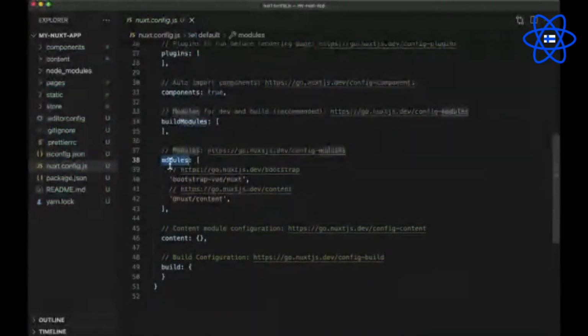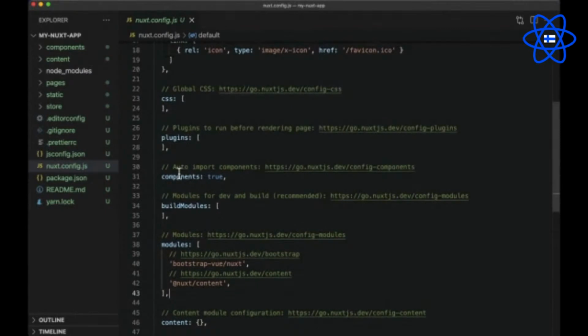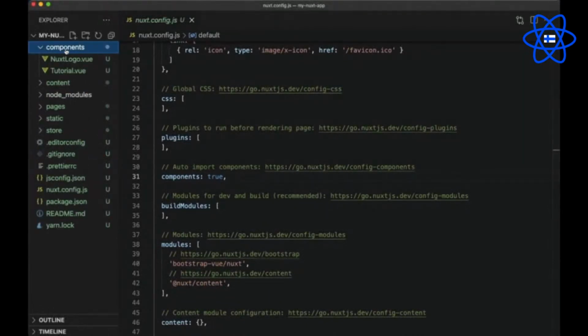So as we can see, Bootstrap Vue and Nuxt content are already added here. Also, components is set to true. What this means is that Nuxt will auto-import any Vue component found in this components folder here. So we don't have to write a separate import statement to use any of these Vue components.